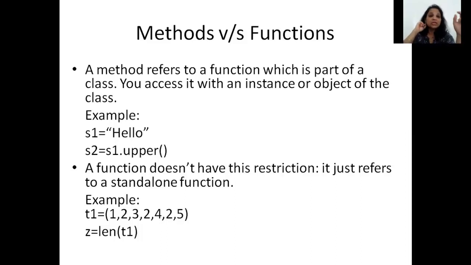Okay, but think about the len function that we have used. When we use the len function, we just wrote len, and whichever object we were talking about, we wrote it in bracket. Now in this example below, I've shown you a tuple named T1 and it has some values in it. Now I want to know how many elements are present in the tuple. So the function that tells me the number of elements in the tuple was len, if you remember, of class 11. So the next line I wrote, z is equal to len in bracket T1.